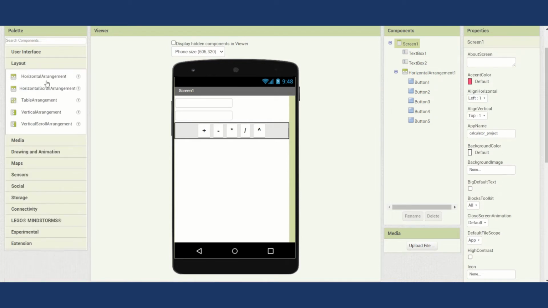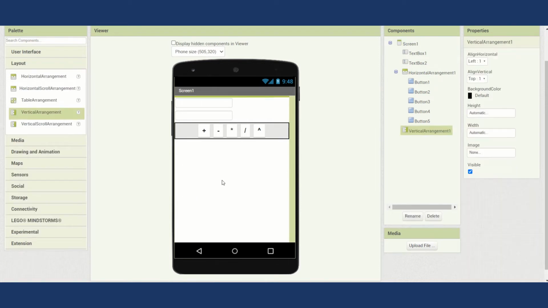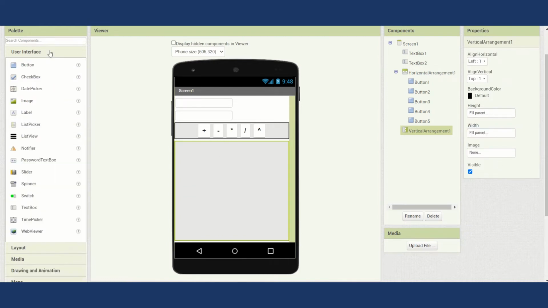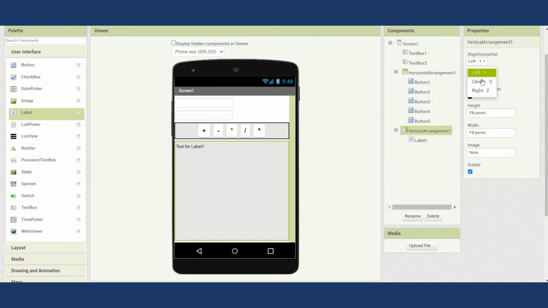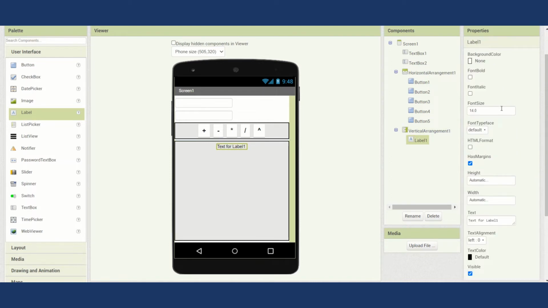After this, import a vertical arrangement layout. Make its height fill parent, width fill parent, and after this bring in a label. Go to the vertical arrangement, make it center and top, go to the label, make its font size 40, make the font bold, let's make it 30, it's very huge,